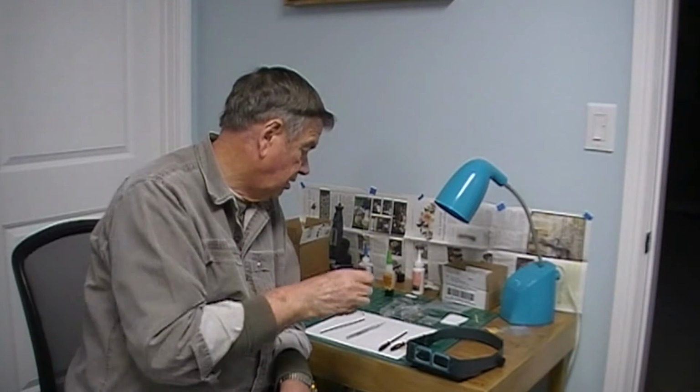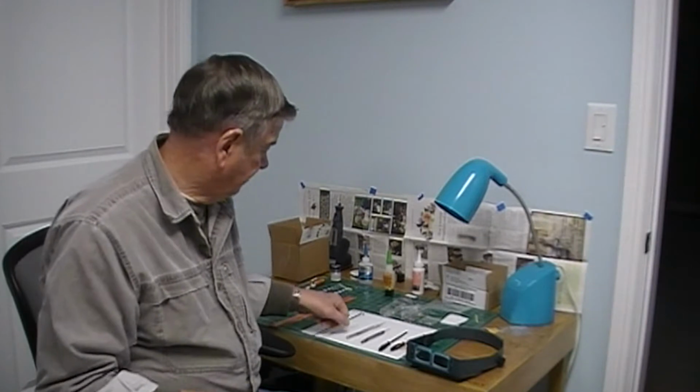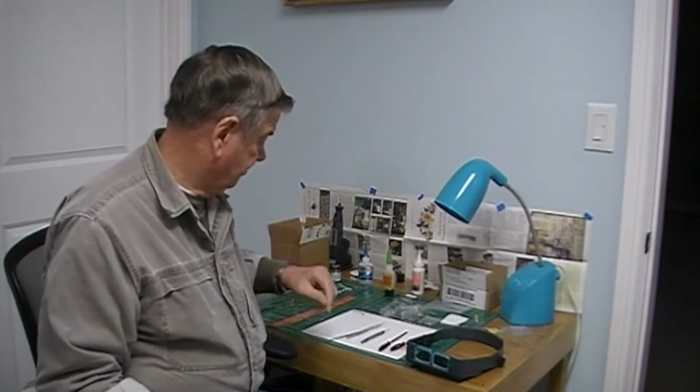I've got a pin vise here with this is a 32nd inch. I think it's 32 thousandths, to clean out some of the holes. Works out quite well. Got a 6-inch 3/32 drill bit. Get down through the layout. And it fits quite well with the